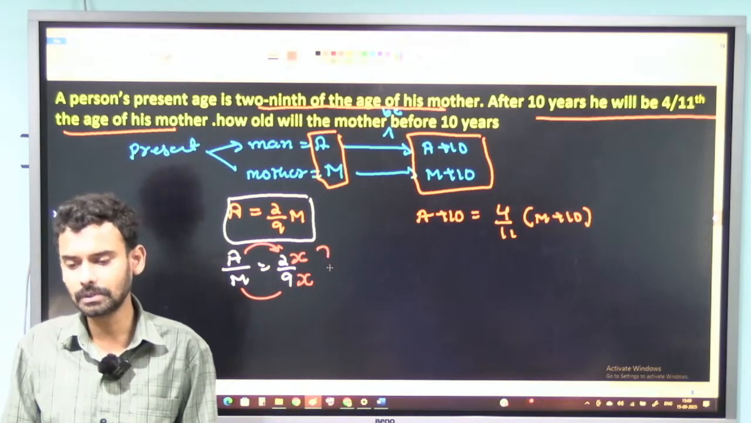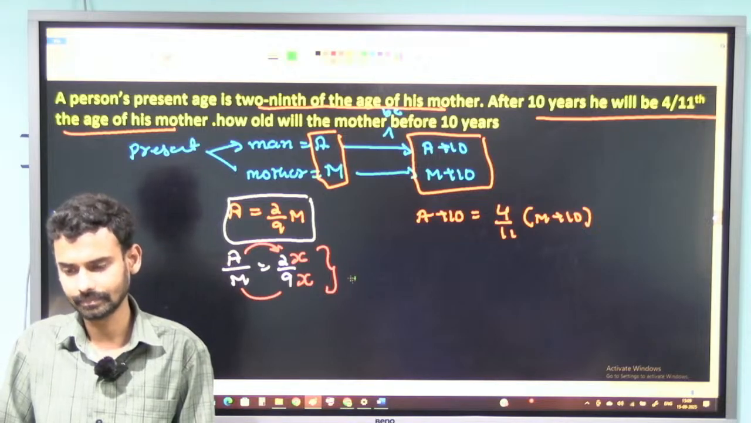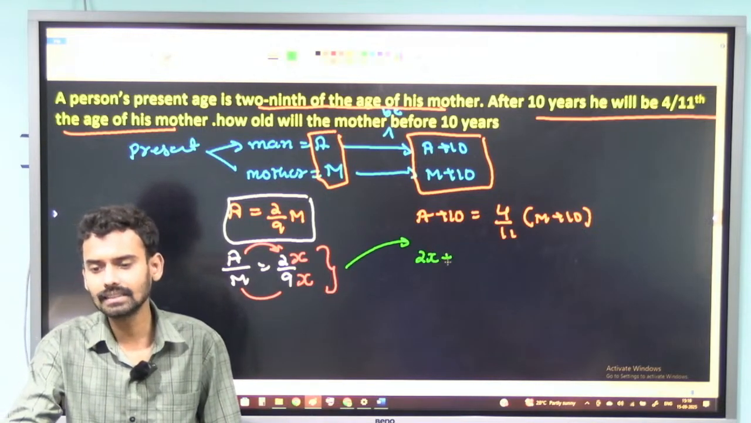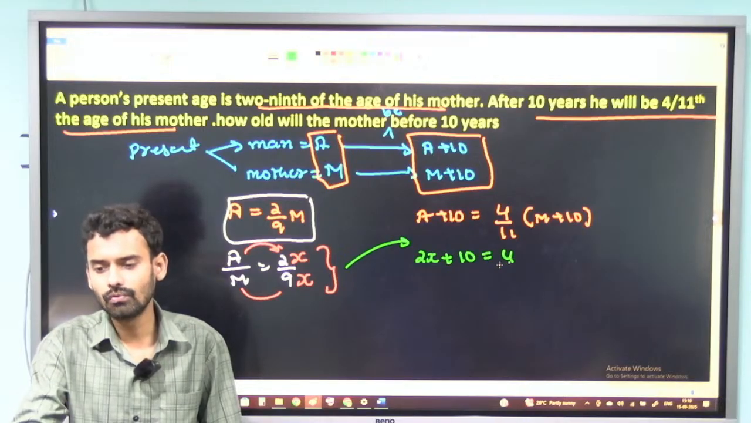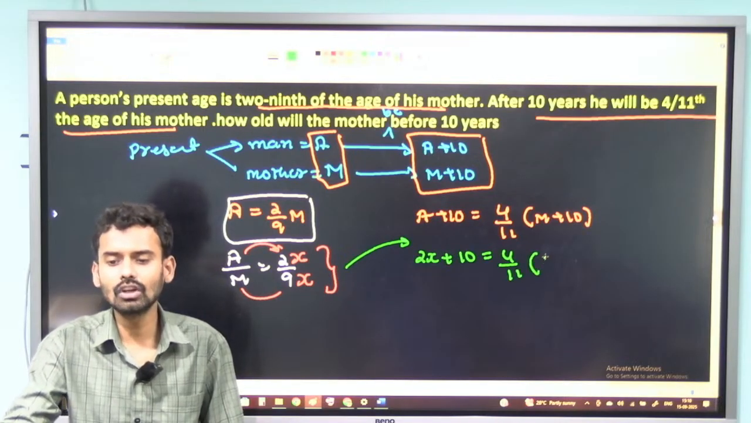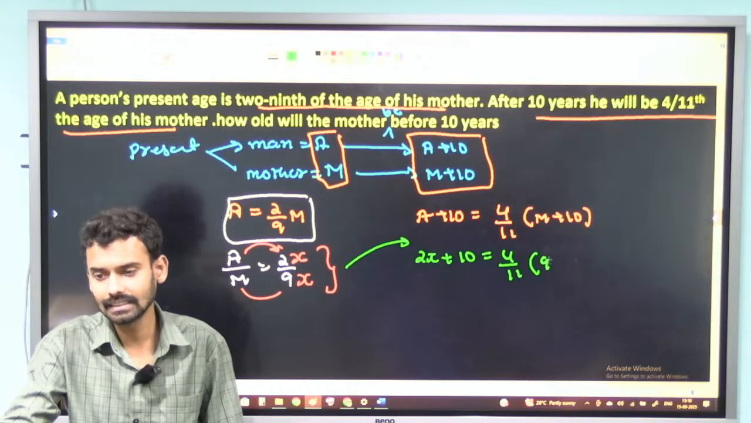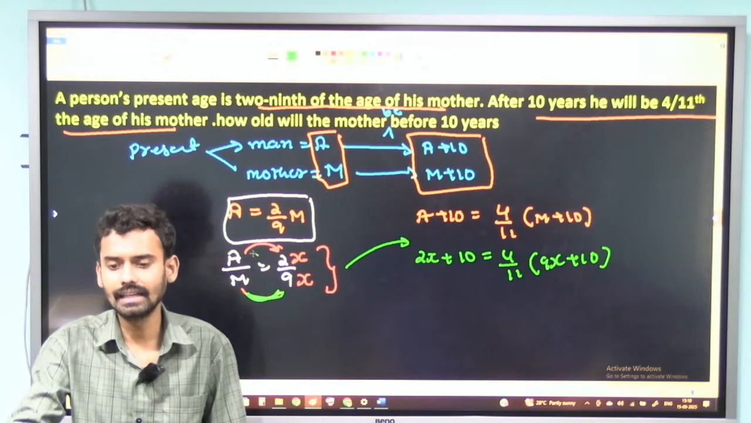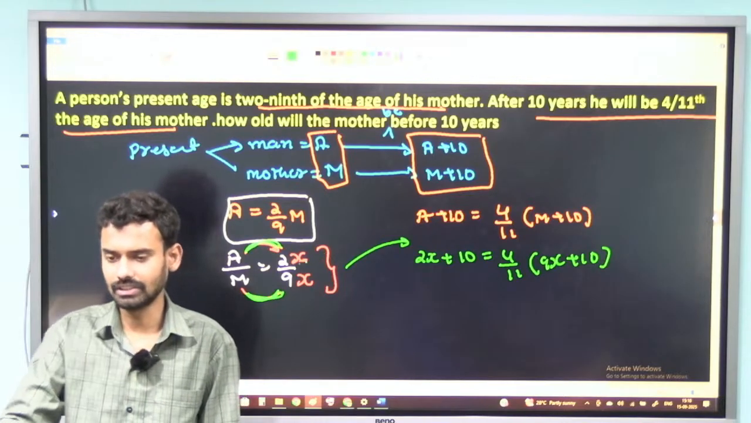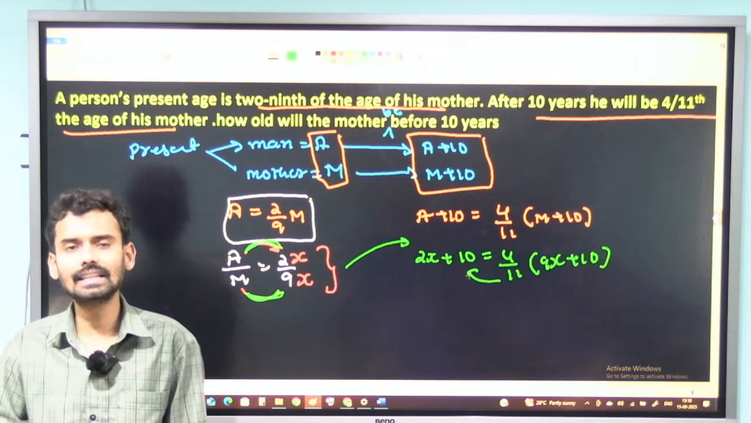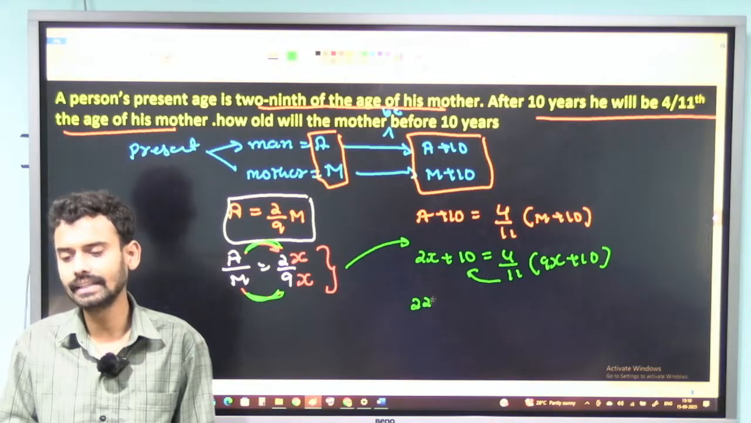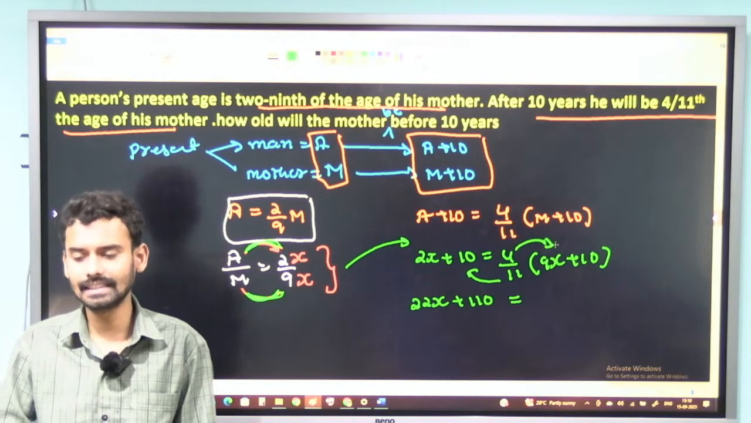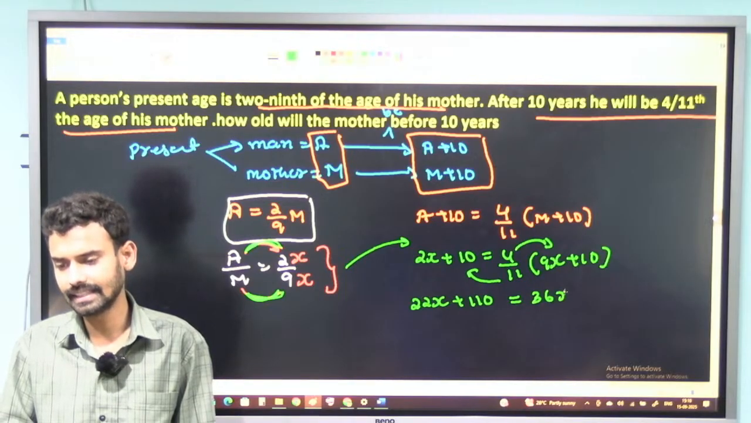Now, I will be substituting these values here. So, in place of a, I can write 2x plus 10 is equal to 4/11 into, in place of m, I can write 9x plus 10. I am just substituting the m value as 9x and the a value as 2x in the equation. Then I can multiply this 11 to the other side. I will get 22x plus 110 is equal to, multiplying this 4 inside the bracket, 36x plus